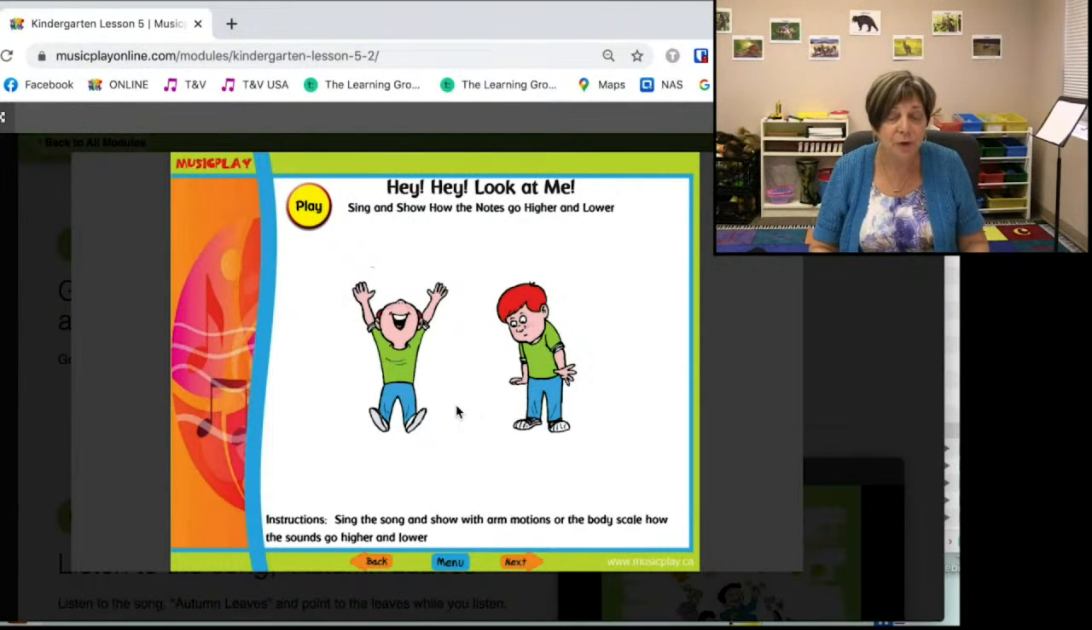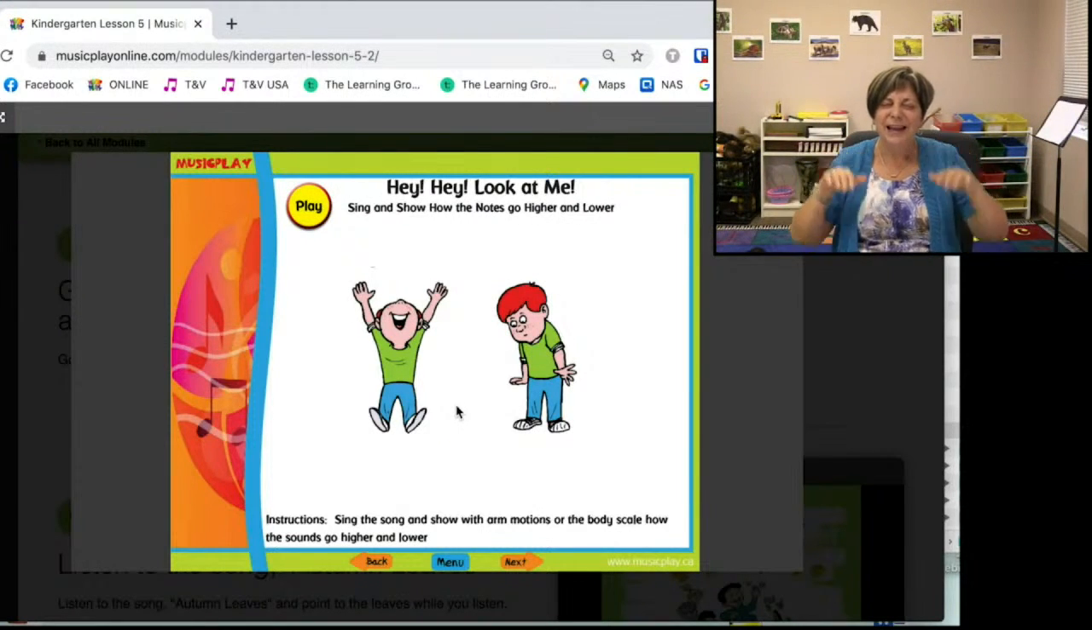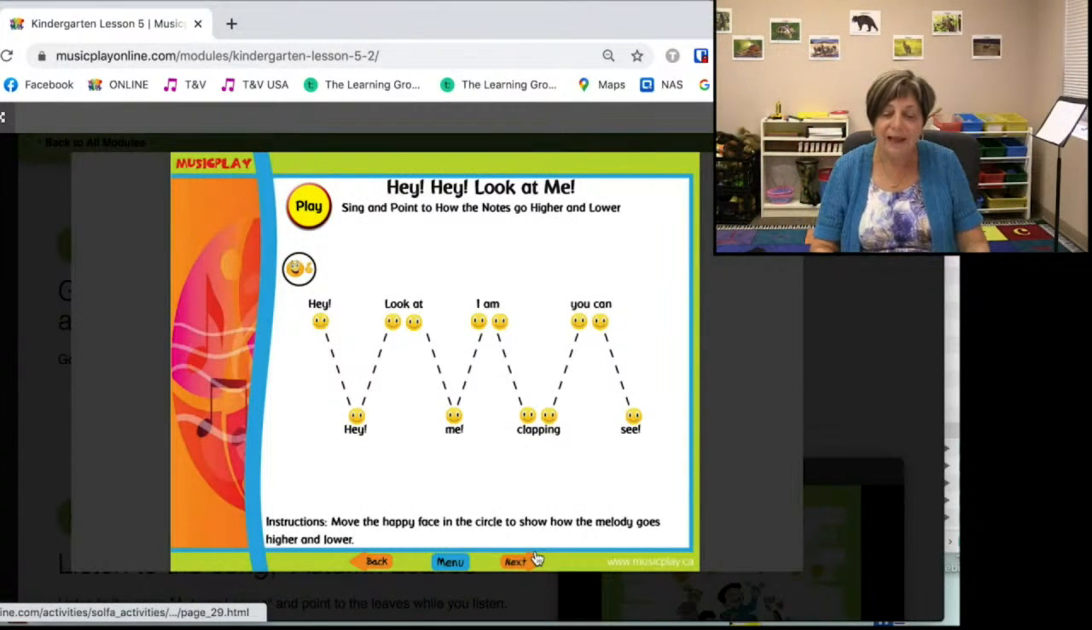You know the children are understanding high and low when they can do that with their eyes closed. If you see them closing their eyes and doing, hey, hey, look at me, they don't really understand which is the higher and which is the lower note. Then there's an activity where I take my little man and I go,